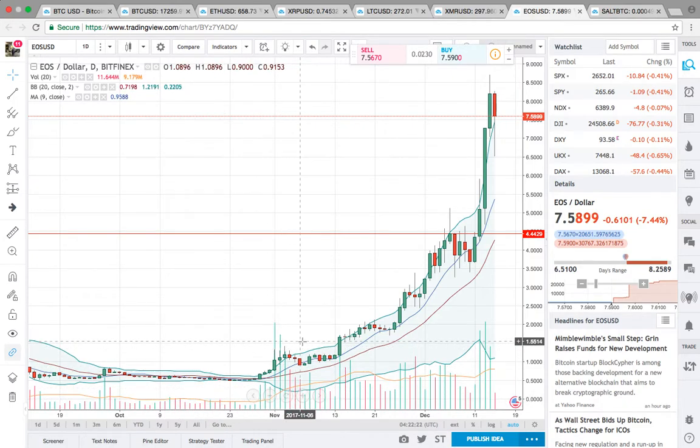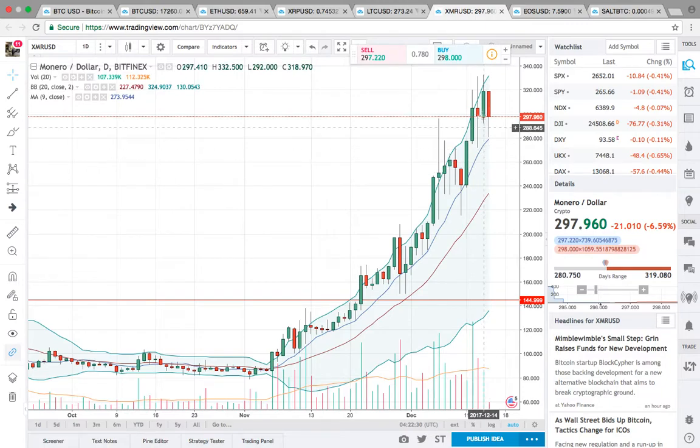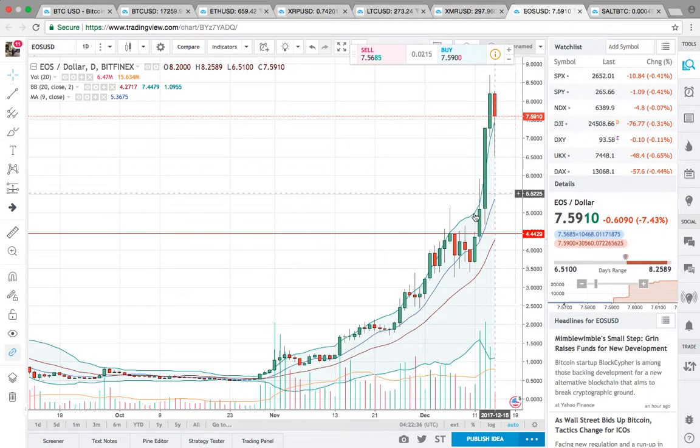This is a really good setup. It busted out. Same thing. It's been riding the 9-day simple moving average, but notice how it went parabolic. If you look at XMR, it hasn't done the parabolic spike yet. You know, it's just steady. When things peak, a lot of times they get that push, and then they'll pull back a